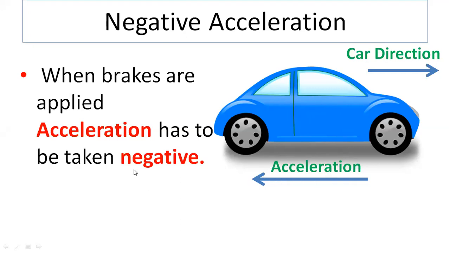So you have to understand that whenever in a question, suppose they are saying that a car has applied brakes or a bicycle has applied brakes, and they have given an acceleration of, let's say, 5 meter per second square, always take that 5 meter per second square as negative. Whenever brakes are applied to a car and acceleration has been given in the question, you take it negative. I will show you when to take it negative and how to identify. For now, just understand that whenever brakes are applied to a car, the acceleration is negative. We have already discussed that in the last session. We are just revising it.